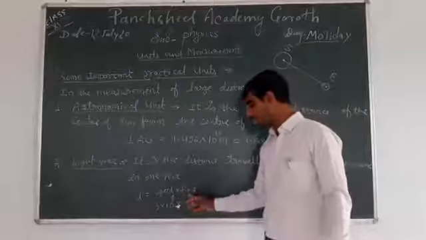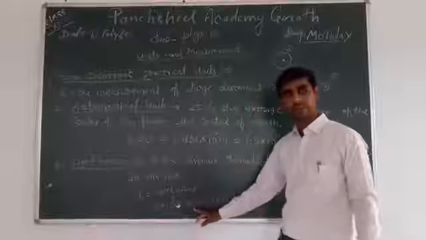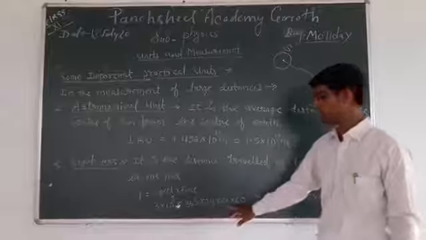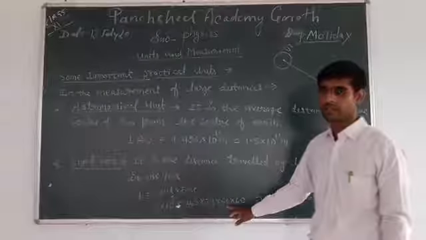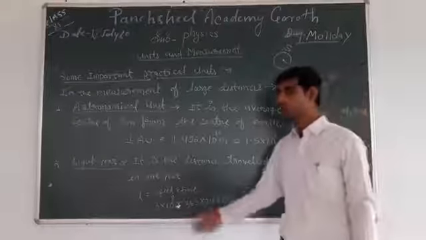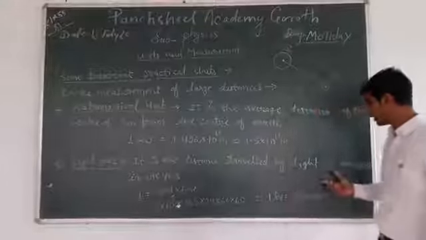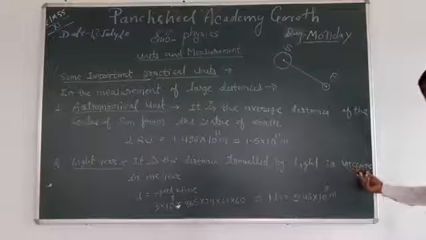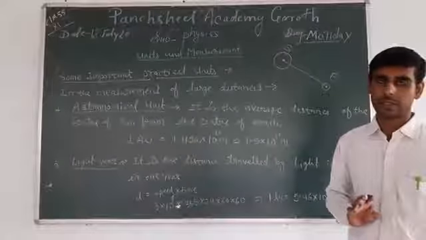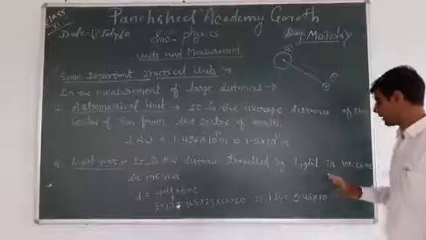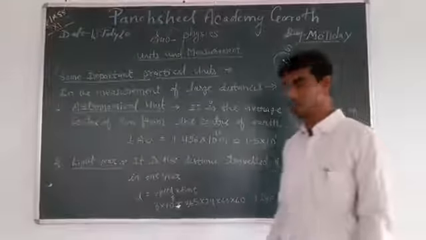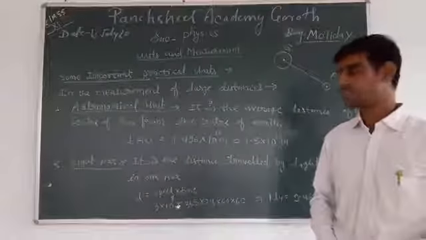See here again, time in 1 year 365 days and in 1 day 24 hours and in 1 hour 60 minutes and in 1 minute 60 seconds. So this is the total distance. Here one thing is vacuum. What is the meaning of vacuum? Vacuum means absence of air. Air is not present, then this is called vacuum. So this is the measure unit for the large distances.